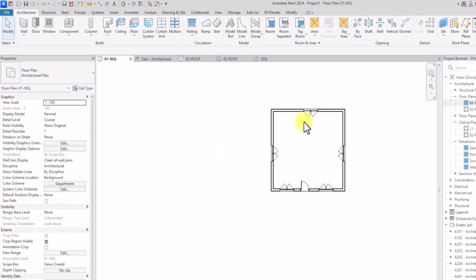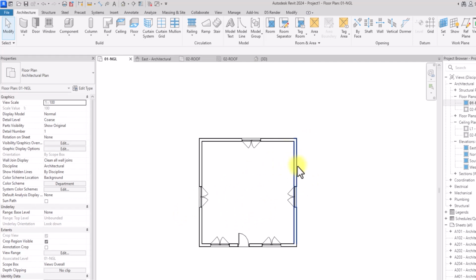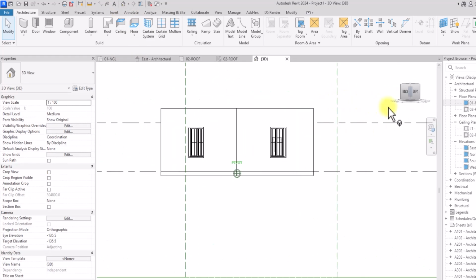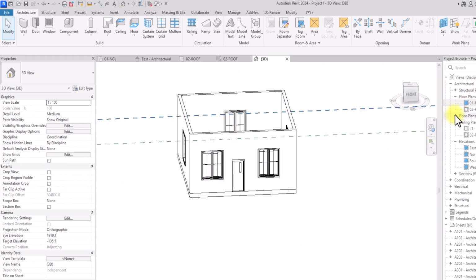I placed another one. So you can see why Revit is a BIM software, because it gives you the data for all these things you are placing, both in orthographic and in 3D format. If I go back to this 3D view by clicking on this default 3D icon here, I'm going to see the doors and the windows. I'm going to see all the things I've done, which is very simple. That is why Revit is a wonderful software. And this is just the tip of the iceberg of what Revit can do,